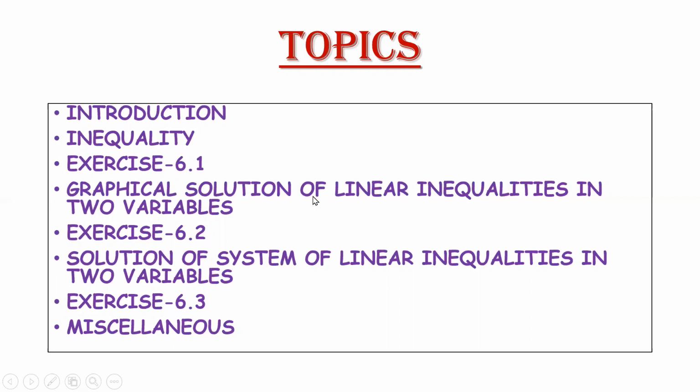Okay, so for two variable linear inequality, you can find a particular region as a solution. So the common region between the given system of inequalities will be the solution region for the system of linear inequality. So let's take exercise 6.3, question number 1. x greater than equal to 3 and y greater than equal to 2. Now, first of all, consider the equations, that is x equals 3 and y equals 2.